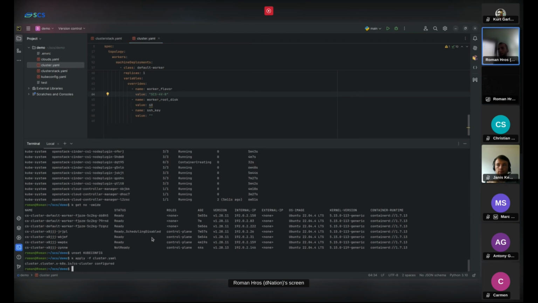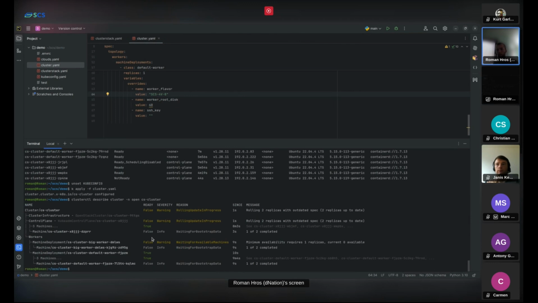Here you can describe. Yeah, you can see that we have 2 machine deployments, big worker and default worker. The rolling update is still in progress, so two processes are currently running. Yeah, we can wait, and we should end up with